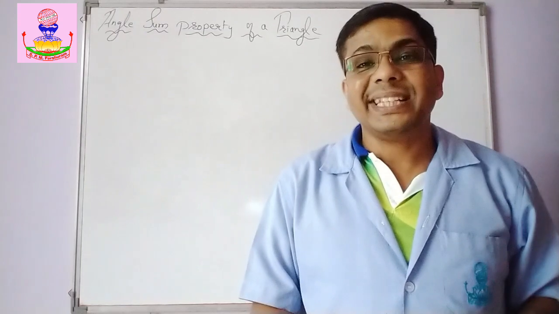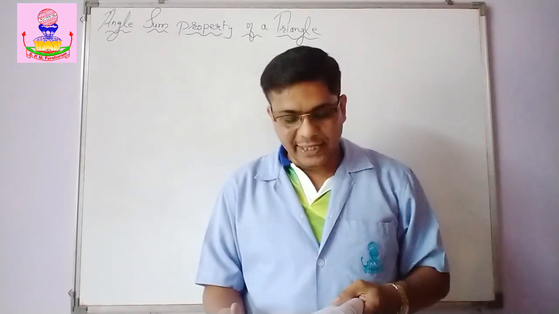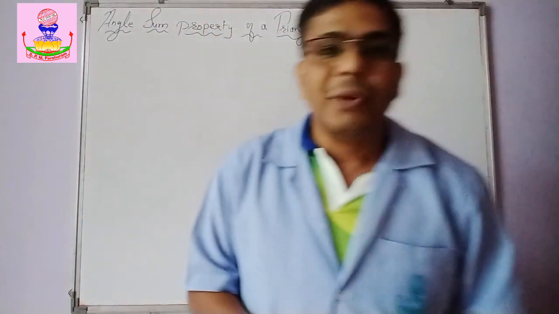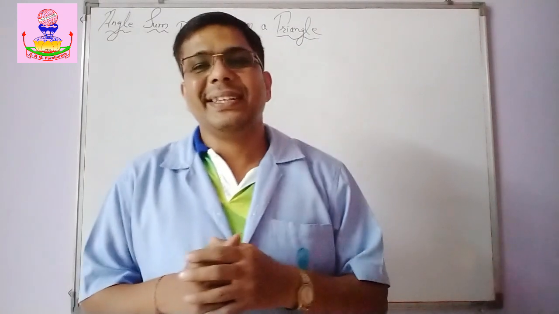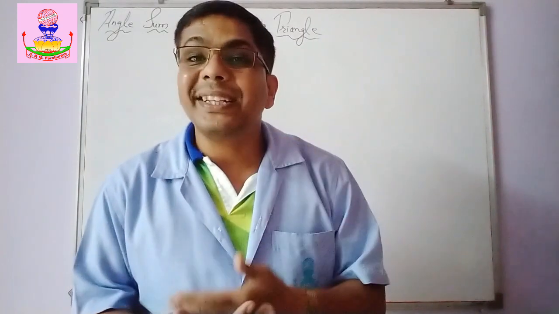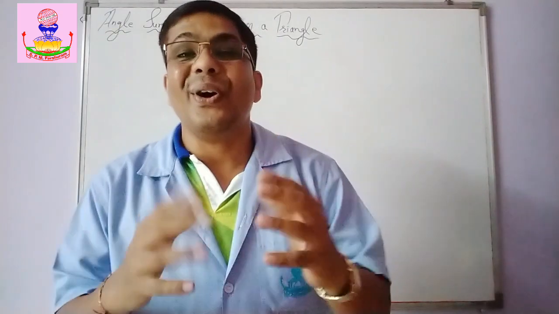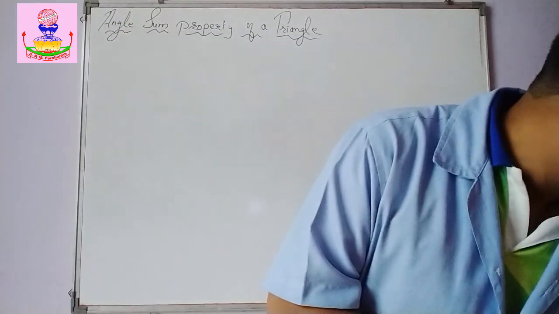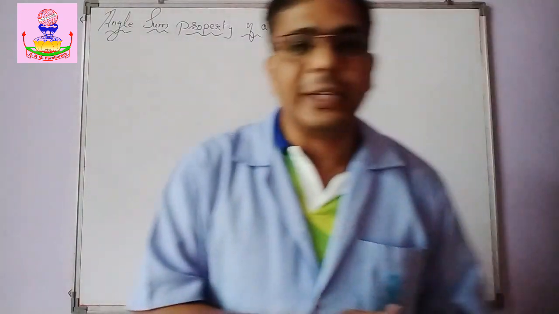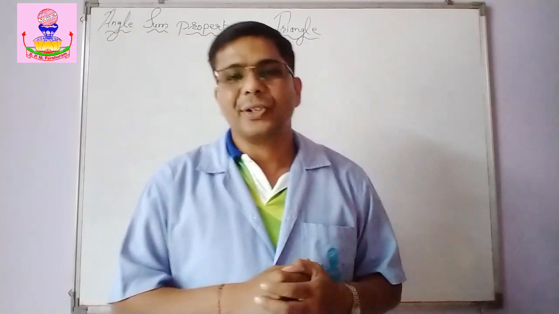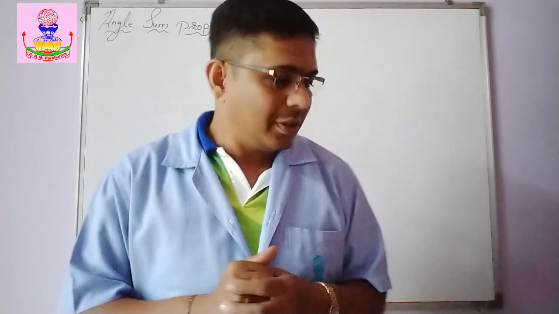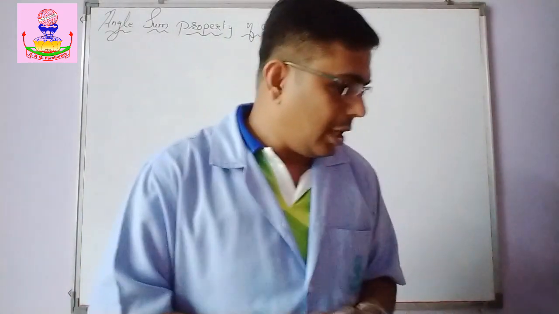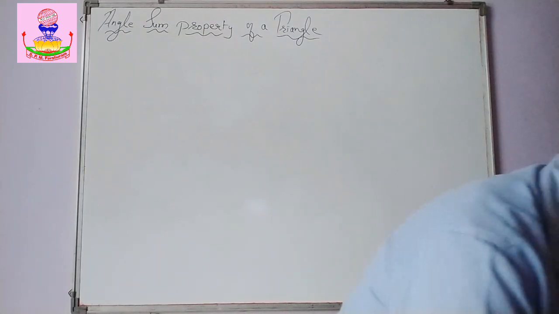So let's move further to the next part of the topic, that is the angle sum property of a triangle. Now we know that a triangle has 3 angles. What is the sum of the measures of all the angles of a triangle? So there are certain activities. They have given 4 activities. Out of that I am going to show you 2. Okay, and the remaining 2 you can do at your home. So first activity, what we are going to do,